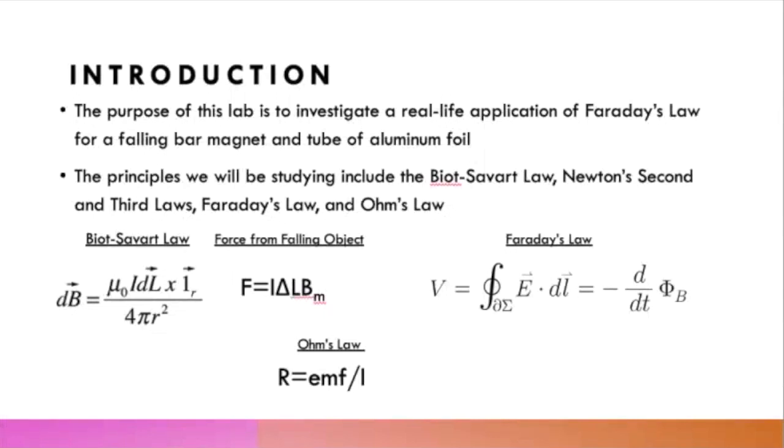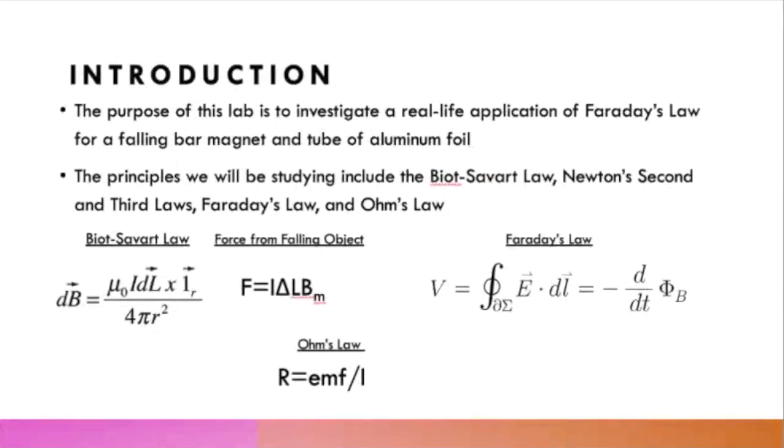Newton's third law, which states that every force has an equal and opposite reactive force, will be used to find the force exerted on the falling object by the aluminum tube. Newton's second law will be used to derive the position and velocity time-dependent motion functions for the falling bar magnet. Ohm's law, which outputs resistance of a function with change in current and voltage, will be manipulated to solve for the current in the ring. Lastly, Faraday's law will be used to calculate the induced current over a closed path, in this case a ring,